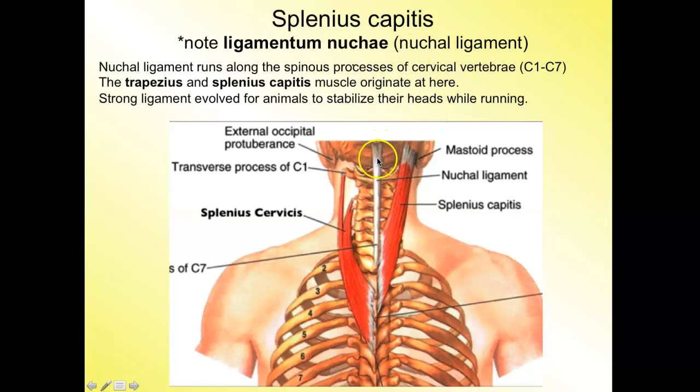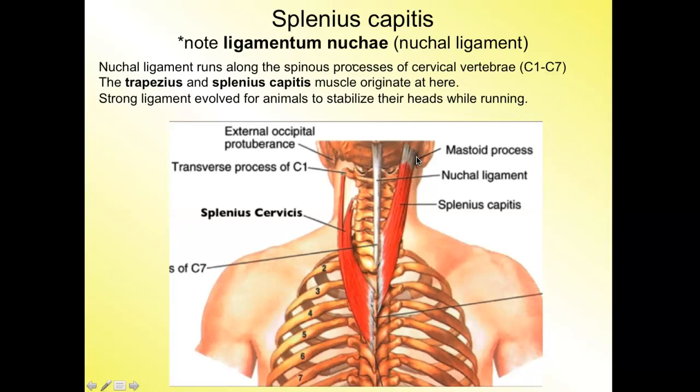So it's connective tissue that's going to run down from our skull all the way down the spinous processes of our cervical vertebrae. That's the nuchal ligament. And then this muscle arises from here, but it also goes down a little bit further and arises from our upper thoracic vertebrae. So where this goes, the capitis refers to the head. So the insertion is going to be our occipital bone and the mastoid process of our skull here,